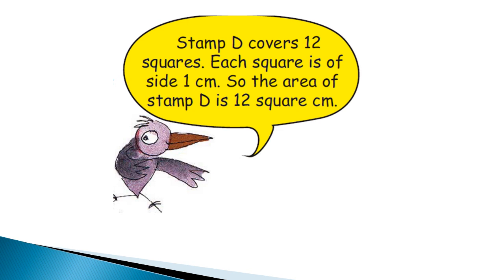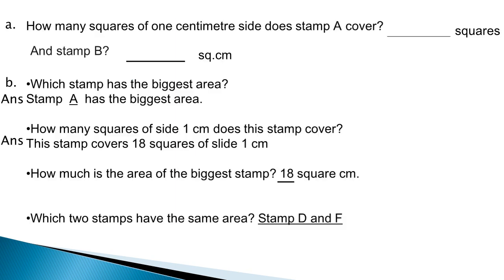Similarly, we have to find out the area of all the other figures, all the other rectangles or squares. The area means the answer that comes is the total number of squares present in that figure. Let us see the questions. Here are the questions, and you will find these questions in your textbook also. You can open your textbook and simultaneously see the stamps and the questions.